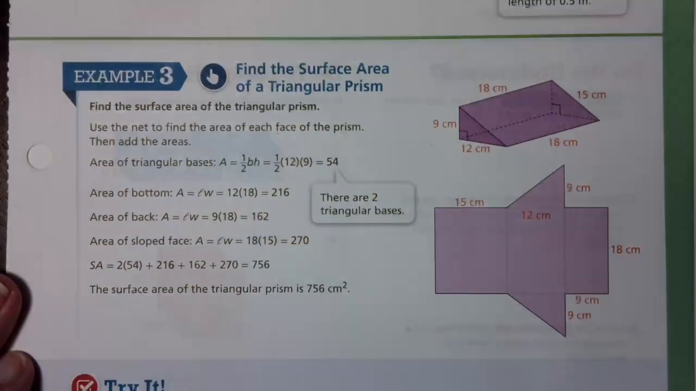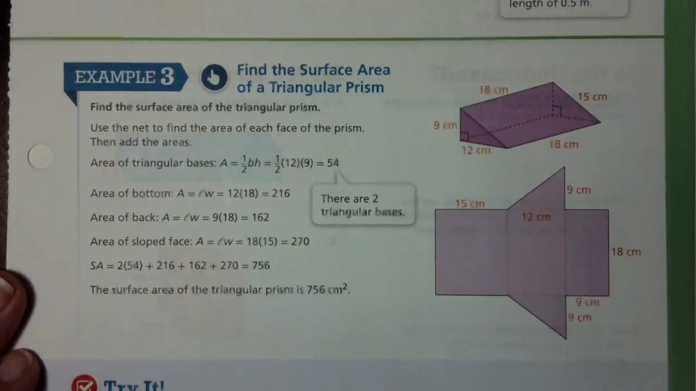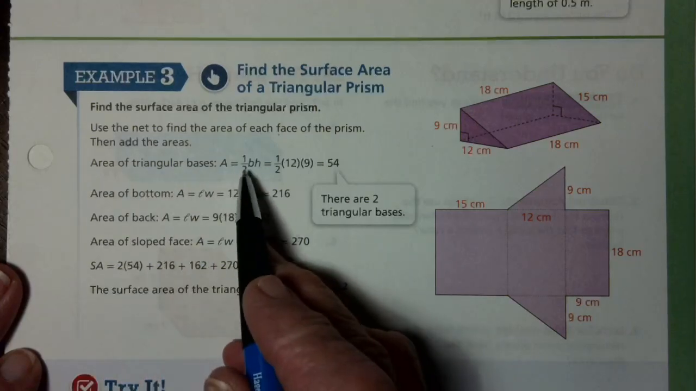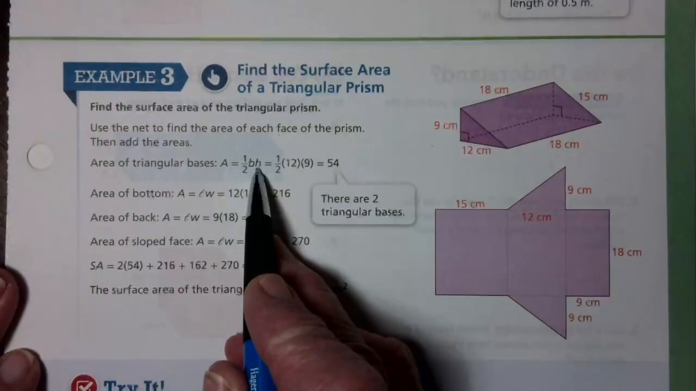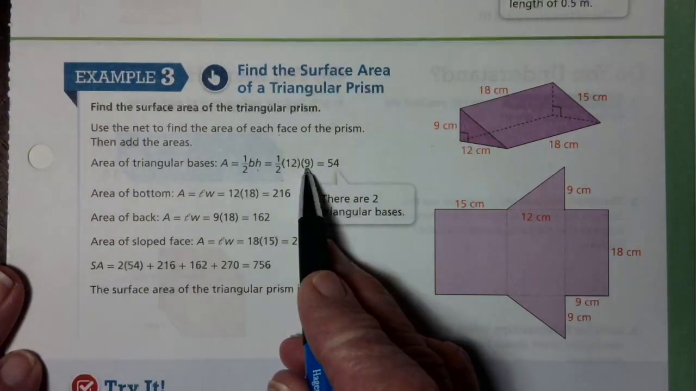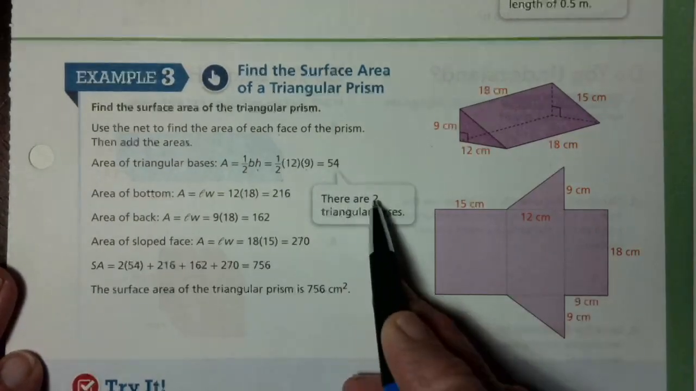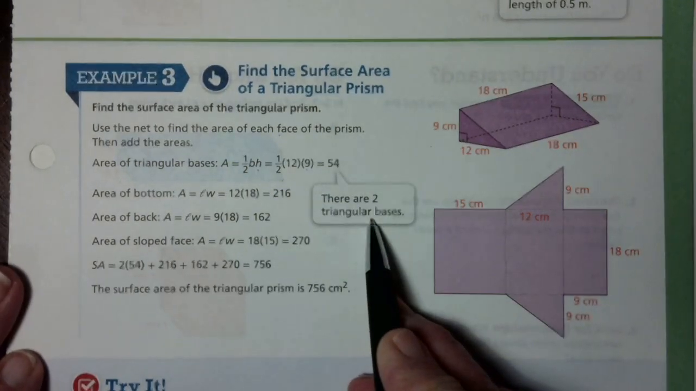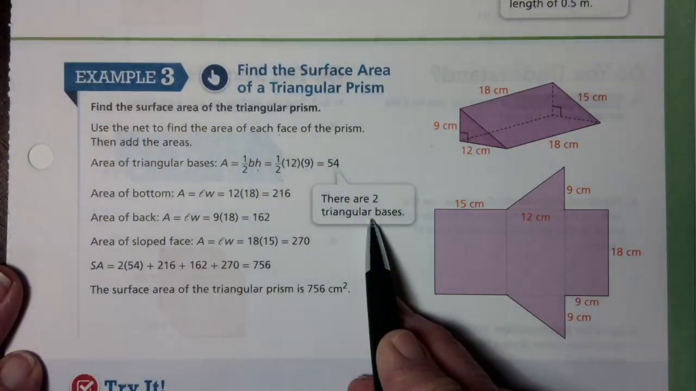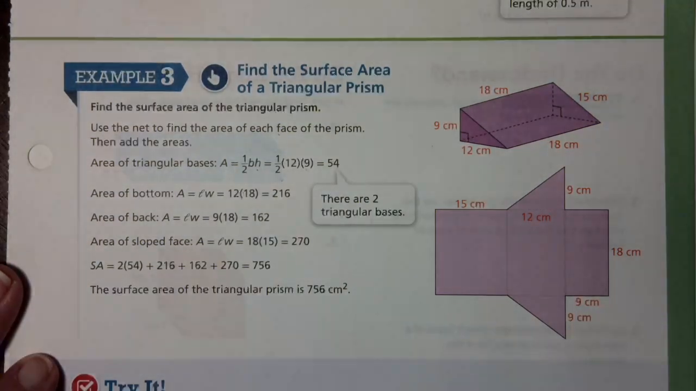The bases are the two triangles. Triangular area of the bases is 1/2 base times height. So we have 1/2 the base times the height. That gets me one of them, but there's 2 of them. So I need to multiply 2 times 54, and I get,